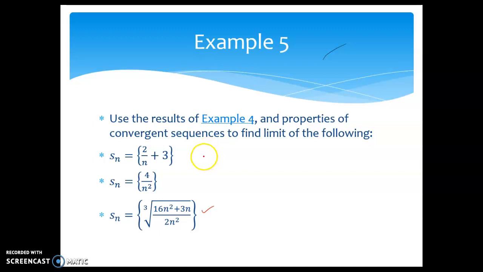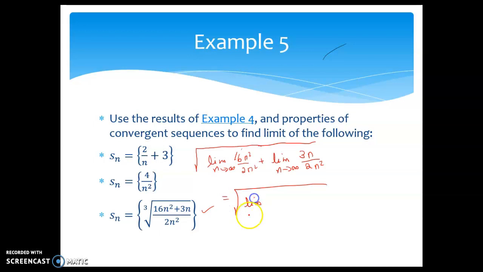So here I'm going to find the limit using the root property. To find the limit using the root property, we're going to put the root as it is, and then we find the limit as n goes to infinity of 16n squared divided by 2n squared plus the limit as n goes to infinity of 3n over 2n squared. That would be equal to